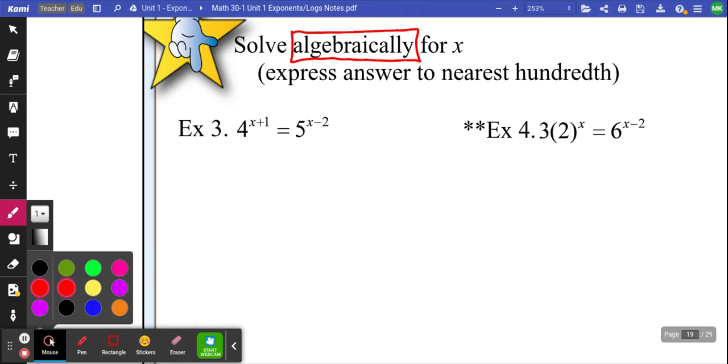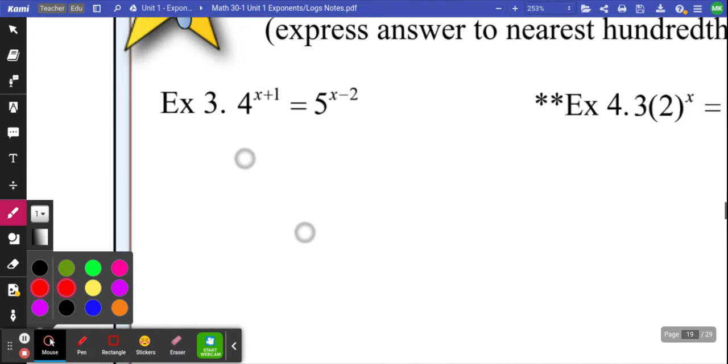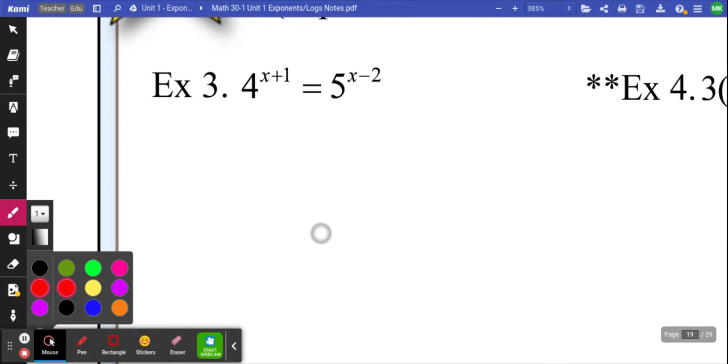Perfect. We've got a problem with this first question. What's that problem? No like bases. x's are in both powers. That's a problem for us. We haven't seen that before. What do you do when there's an x on both sides? The reason that's an issue, don't write down what I'm about to write down,